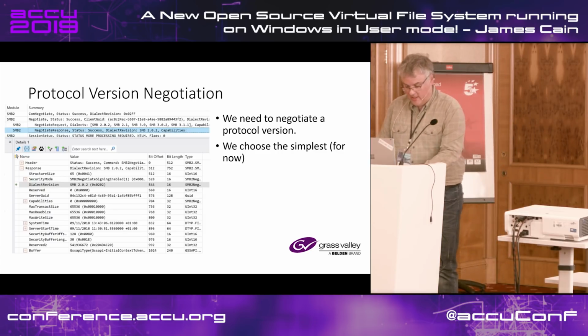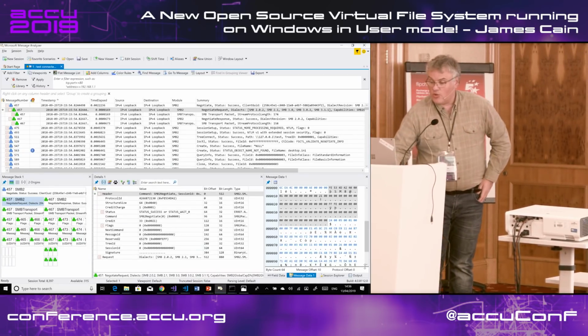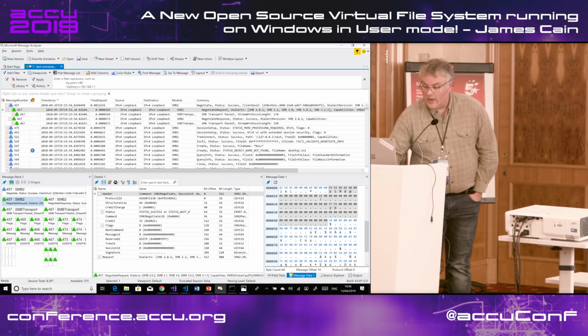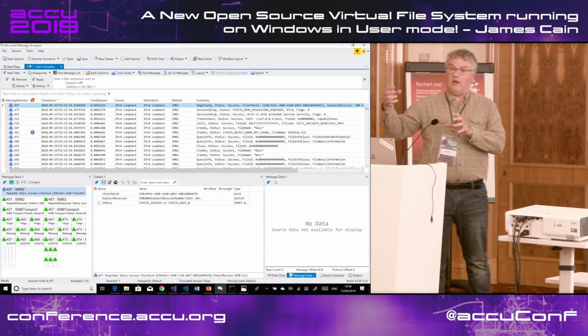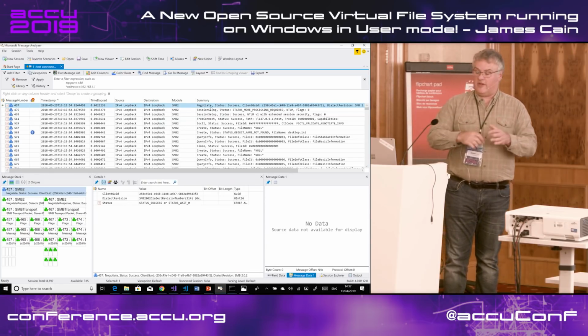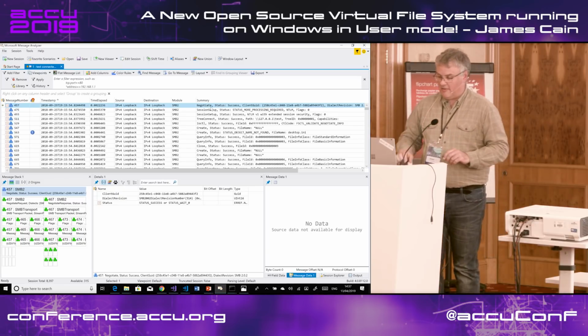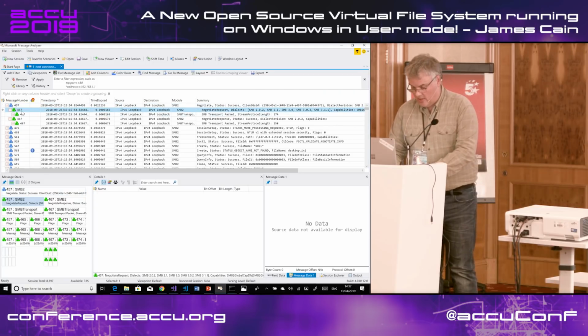So on the wire, it's more fun to actually show the tool. So here I've got a little trace of Windows, and I'll zoom in on something. So a negotiate is how you start with SMB. So the client connects using port 445, that's defined in the standard. There's lots of detail I won't go into. I haven't got much time. But basically on the wire, and I'll zoom in for you,